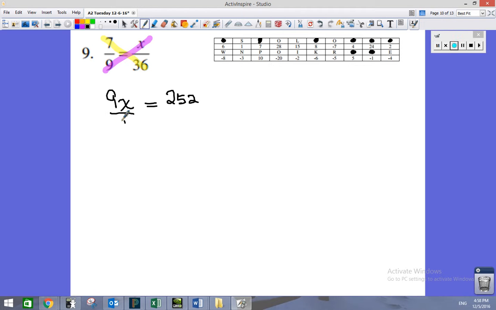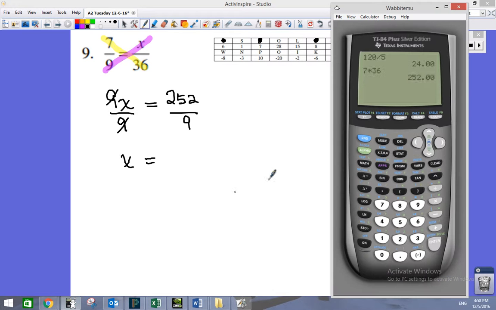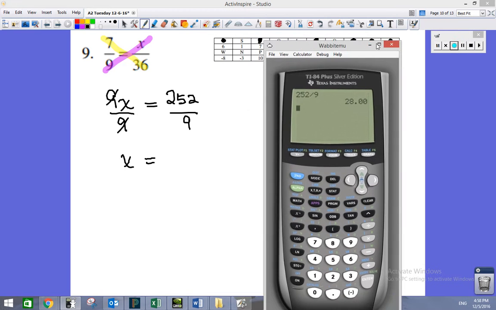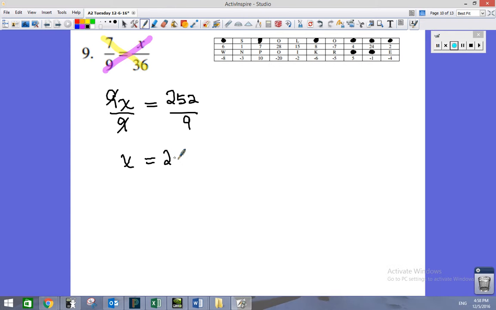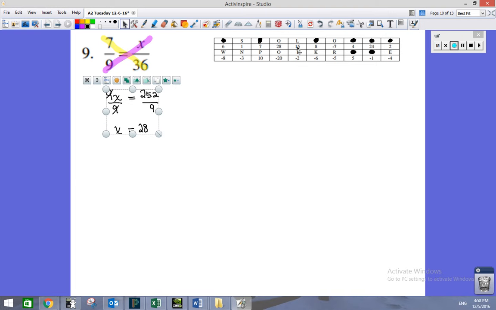So if we divide both sides by 9, what do we get? Well, 9 divided by 9 is 1. 252 divided by 9 goes in there maybe 28 times. Again, I'm not going to trust myself. 252 divided by 9. 28 times. I think that's an 8. Alright, so 28. So let's shrink this up and pull our answers down in this table